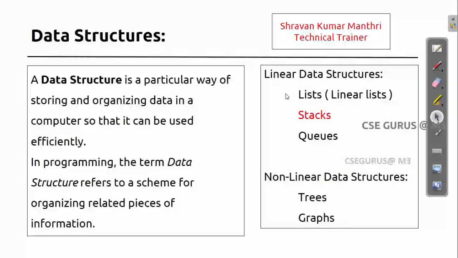As part of the concept of data structures, we'll see now the concept of stack, which is a linear data